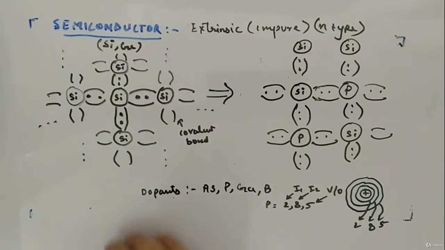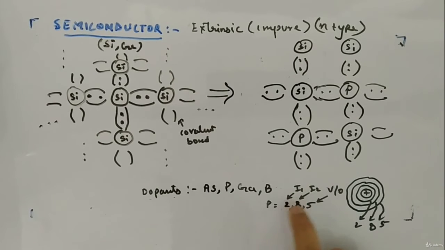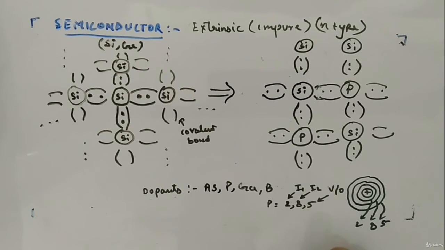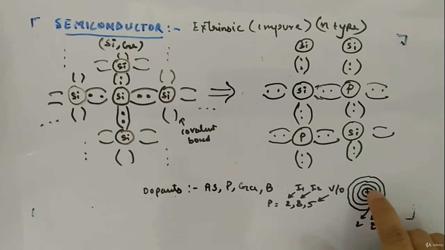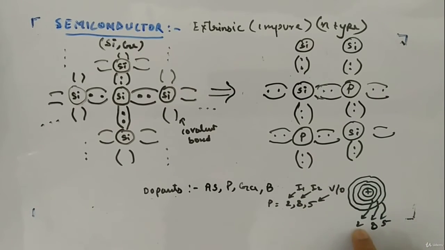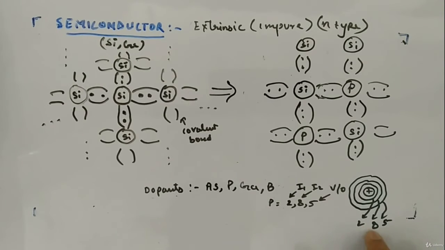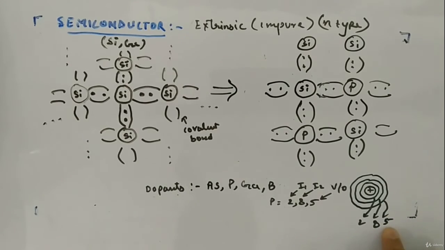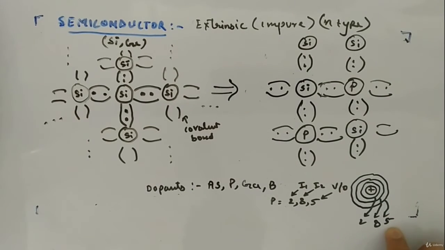Now this is our simple intrinsic semiconductor, which is very pure. Now we are using the dopant phosphorus. Atomic number is 15, which is divided as 2, 8, 5. Inner shell, first inner shell, second inner shell, and outer shell, or you can say valence shell. This is how it will look. The plus sign is the nucleus, then the inner orbit I1 carrying 2 electrons, I2 carrying 8, and I3, the valence or outer shell, has 5 valence electrons. Okay, this is what is useful.